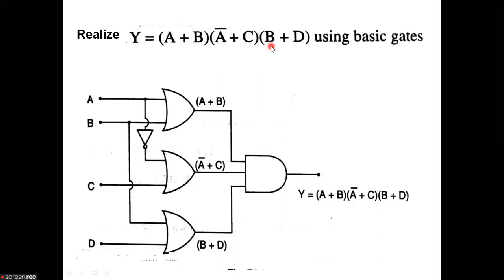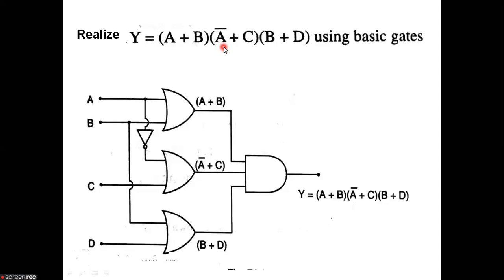First one, second one, and the third one, which can be implemented using two input OR gates. So these three expressions will be implemented using three OR gates: first gate, second gate, and the third gate. And the outputs are combined using an AND gate. That is, we are using a three input AND gate, with a first, second, and third input. And a NOT gate. Why? Because there is an inverse or complement of A. So here we will be using a NOT gate.